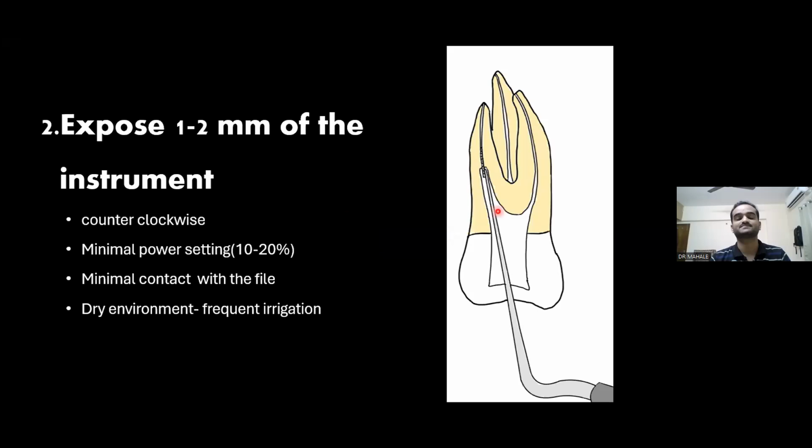Then, as a second step, we should expose the coronal 1 to 2 mm of the instrument using a pre-selected ultrasonic tip. For this step, I personally use the ED16 ultrasonic tip. The trick is to trough the dentin around the file in an anti-clockwise motion with minimal power settings, like around 10 to 20% of the highest power setting. You should avoid the diamond coated tip because it causes more dentin loss and it is more aggressive. During this step, you should also take care not to touch the file, or to touch the file very minimally, or else